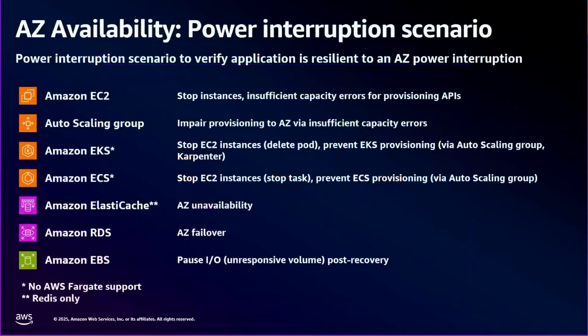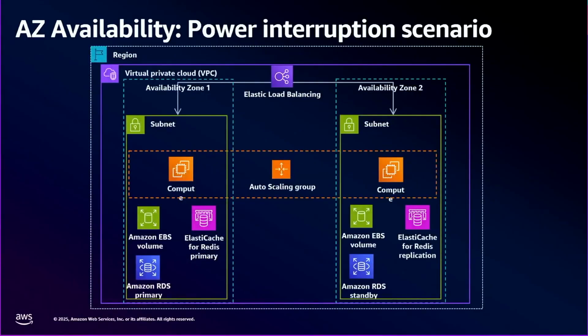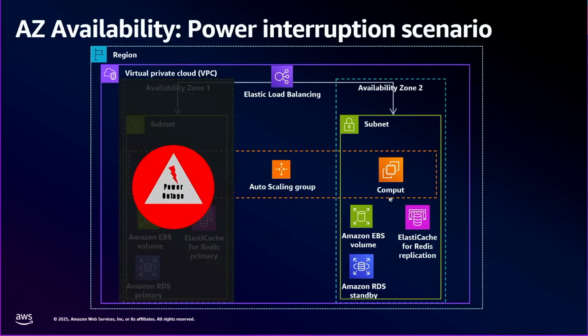You want to test actions like what would happen if an AZ failure occurs and I no longer can spin up EC2 instances in that failed AZ, or my auto-scaling group also cannot spin up new instances in that failed AZ, or my EBS volumes pause I/O because that's one of the symptoms that we see often during availability zone failures. So in running this scenario, what FIS would do is literally simulate these actions in the AZ that you choose to run the experiment on.